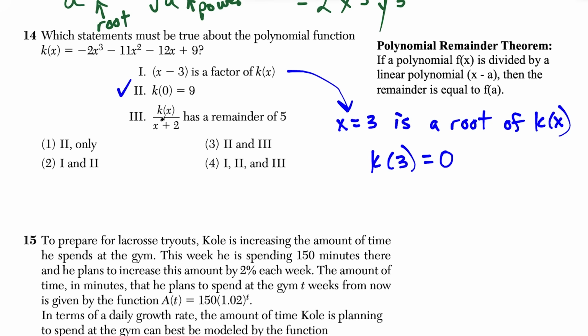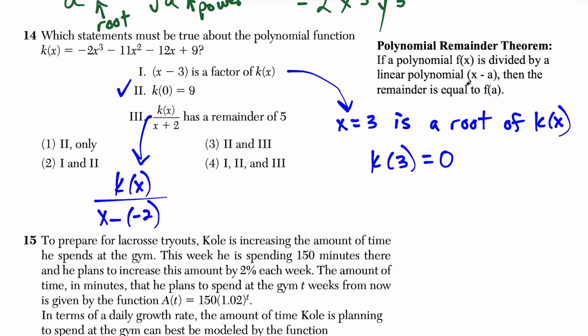But now for the last one, this is where we're going to apply the polynomial remainder theorem. K of x divided by x plus 2 has a remainder of 5. So let's look at this theorem here. If a polynomial is divided by a linear polynomial x minus a, then the remainder is equal to f of a. So if we apply that here, I'm going to express this as k of x over, and I'm going to write this as x minus